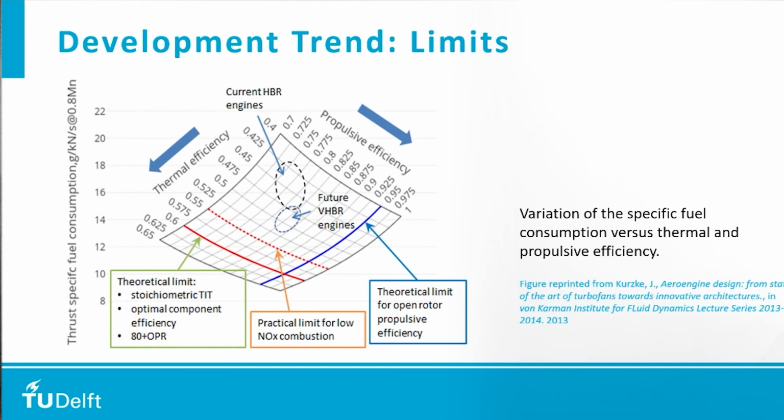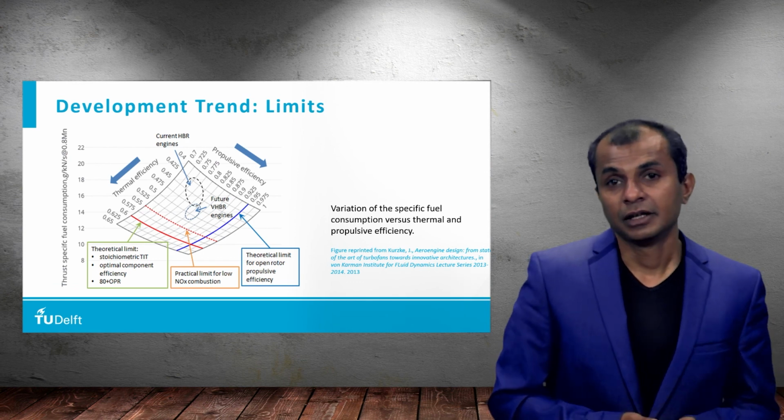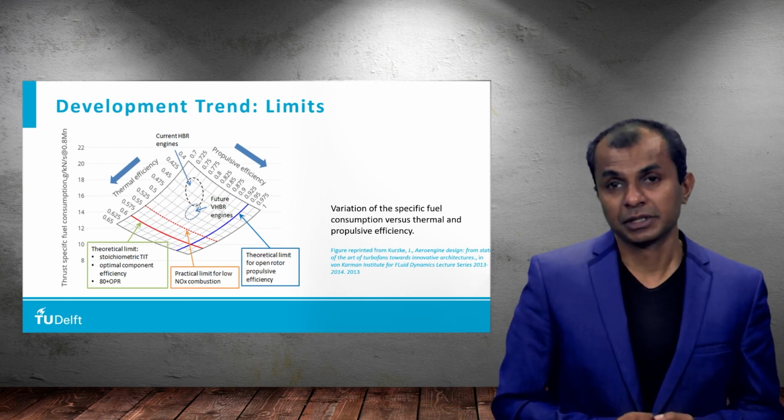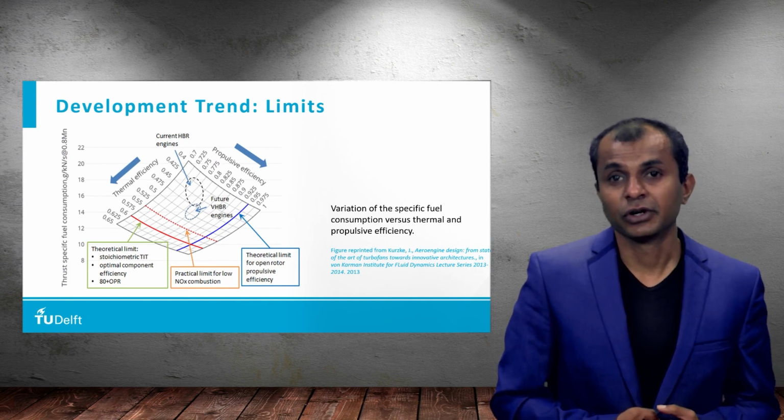And these limits are basically dictated by the NOx emission, because NOx emission typically increases with temperature, the amount of fuel that can be burnt in an engine, so the stoichiometric ratio of combustion, and the maximum propulsive efficiency that we could get from an engine in a realistic case. As you see, we still have quite some way to go to achieve these limits. And this is what will keep all the aviation engineers busy for a long time to come.